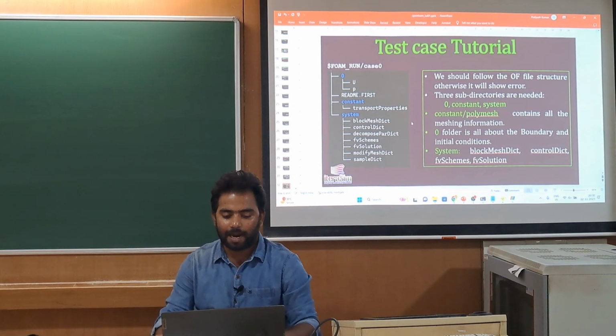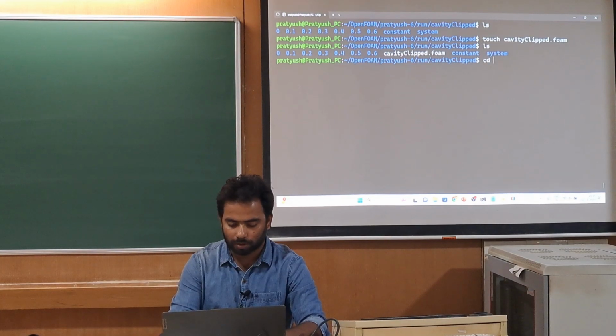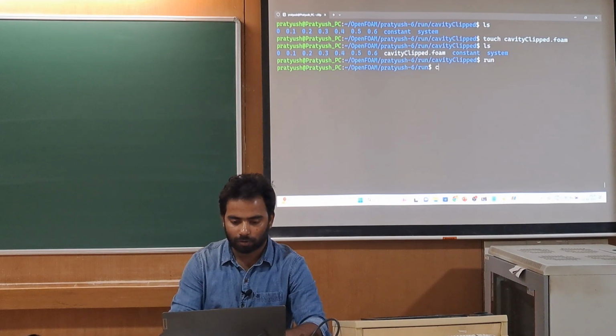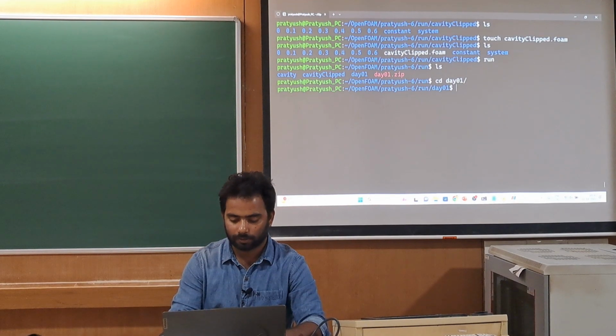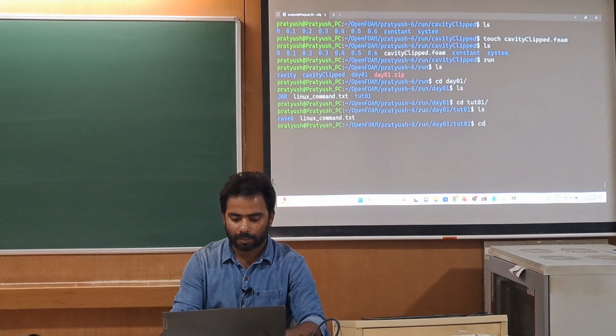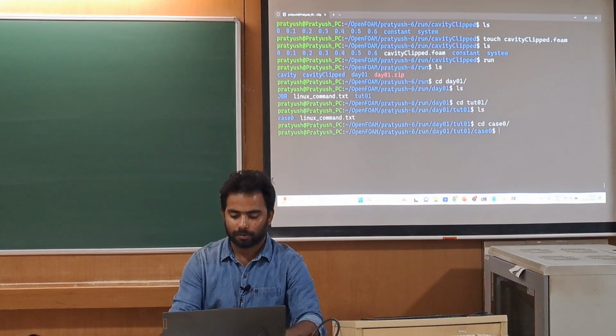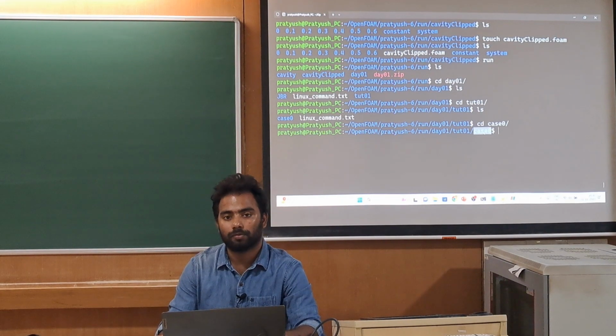So now this is the file structure of that test case. Let me go to that folder again. cd day01, cd tut1, and cd case. So we go to that case 0 folder.